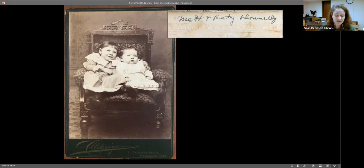You can tell from the photograph the approximate age of the two children. And so I was able to pinpoint Matthew Patrick Donnelly, born in 1887, and his sister Katie, born in 1885. Their parents, Patrick and Mary, arrived from Ireland in 1880. So the family had been here for almost a decade when they had this great photo of their two kids taken. Patrick worked in the factories, and Mary stayed home and took care of the kids and had more children